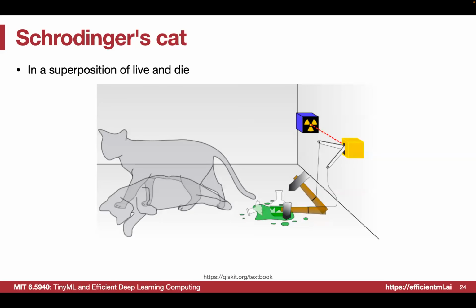Okay, so another interesting thing, maybe the most famous thing, is Schrodinger's cat, right? Let's say you have this cat in the box, and then you have some poison here, and then you have a laser which has a probability to generate some radiation to trigger this switch, and the switch will have a hammer to break this bottle to release the poison. If with 50% probability this is triggered, then the cat will be dead, and if it's not, then it's alive.